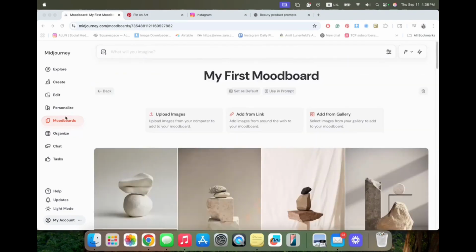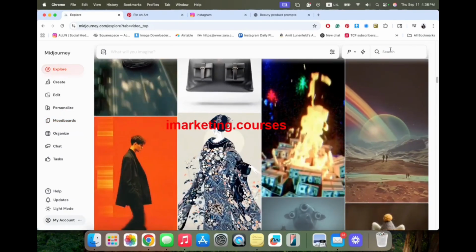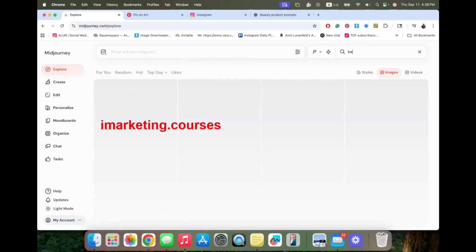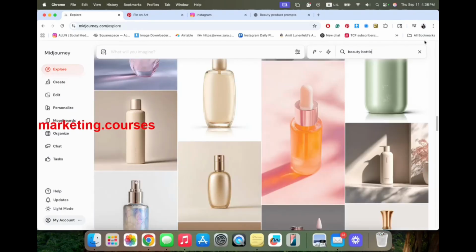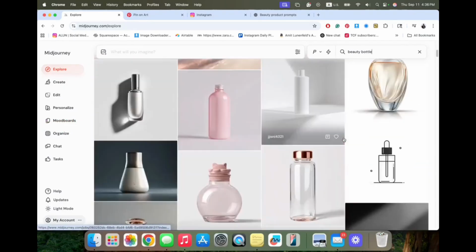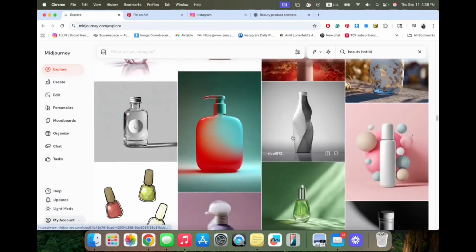After creating the mood board, we're going into the explore page. Let's say we're not sure how to prompt, we don't know which prompt we need. We can do beauty bottle, and then you will see many references you can definitely use with the prompt they've got for you.